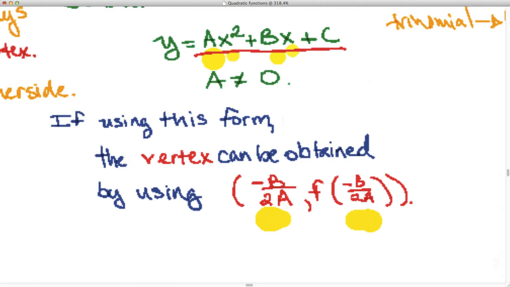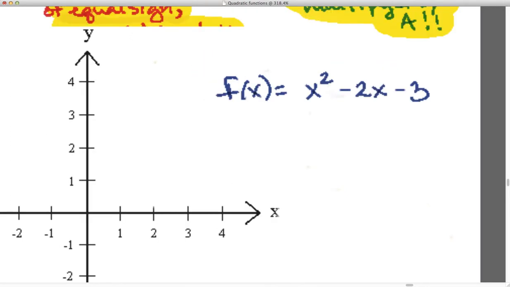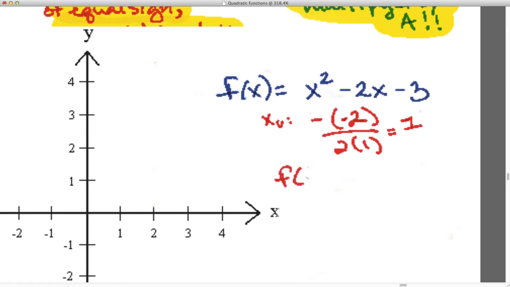All right? So let's see it in action is the best way to do it. So here's our function. We have a quadratic. So right away, you should take minus b, find the x value of your vertex, minus a negative 2 over 2 times 1. And when you do that, you're going to end up with a positive 1. When you plug that 1 value back into your original function,